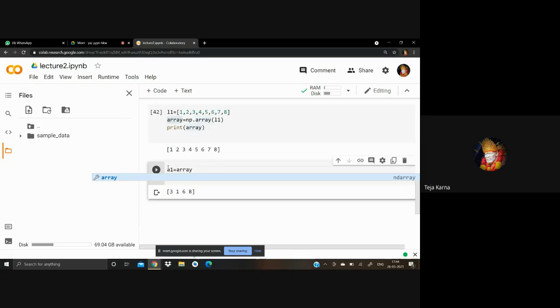In that array, slicing has three parts: the first is the start, then the stop, and then the step. Say you start with 1 and end with 7. The step is the iteration, how many steps you want to move on.